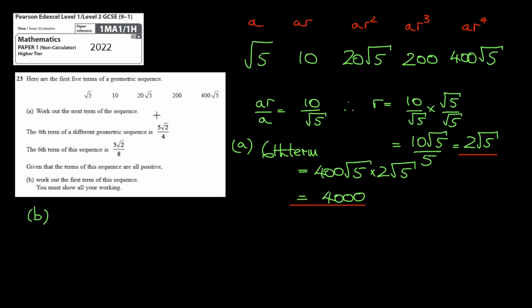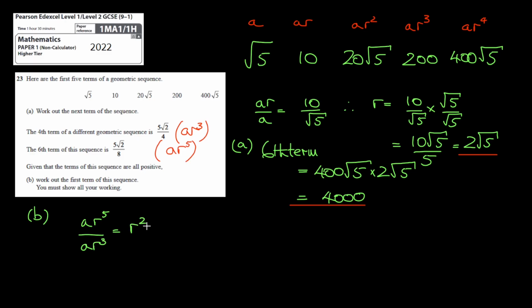We've got a different geometric series and we're told what the 4th and the 6th terms are. Well, if this is the 4th term, 1, 2, 3, 4, this is AR cubed. And the 6th term will be AR to the power 5. So I can say that AR to the 5th power divided by AR to the 3rd power,